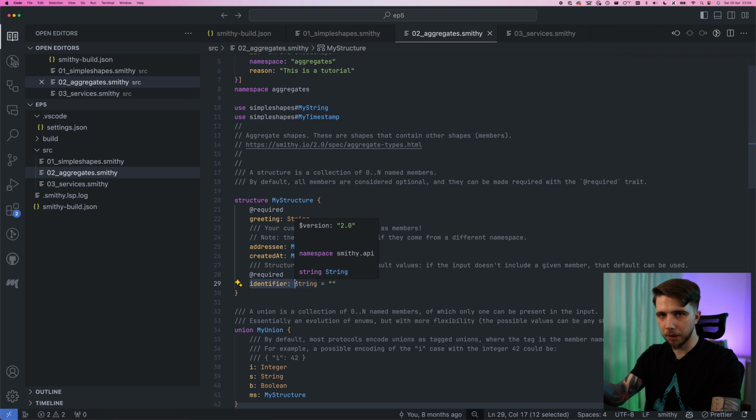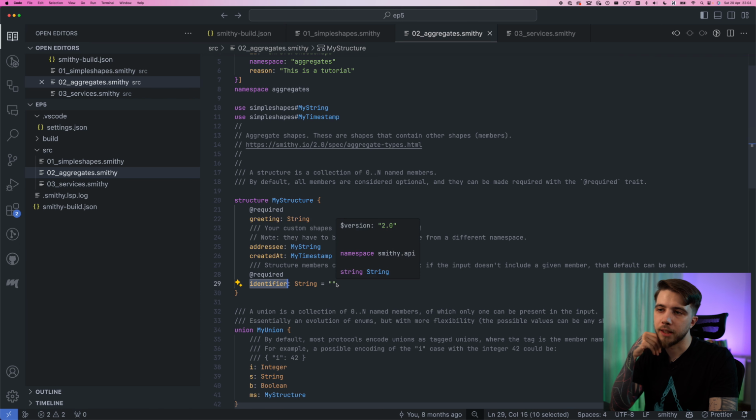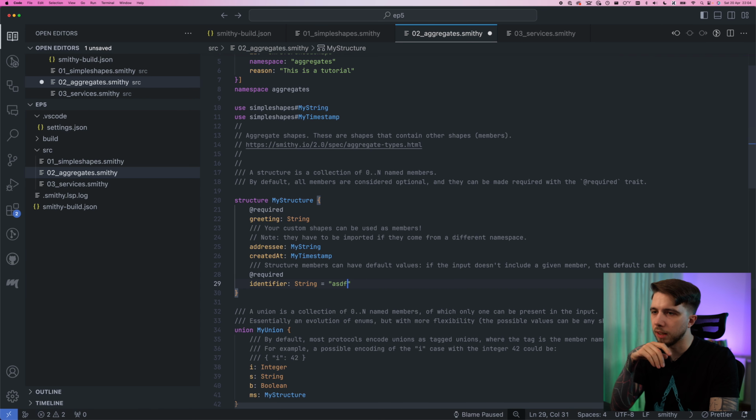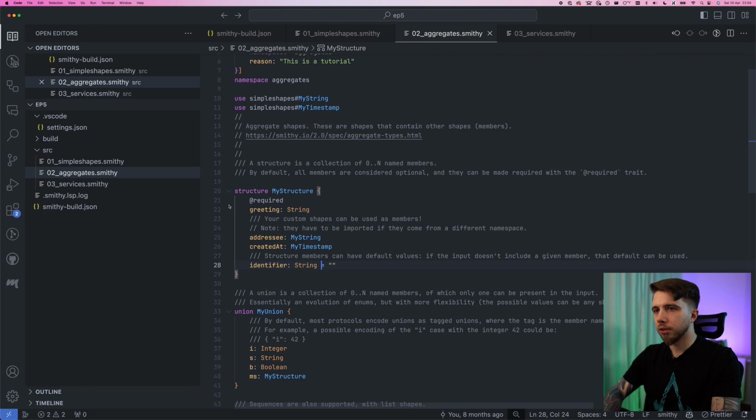So if you send a JSON payload that's missing the key identifier, then you're gonna get an empty string. I think you can use any other string, but there are some limitations on what the default values can be. For example, if the type was a struct, you cannot have a default value. So if you are missing the required field, most protocols will just reject the request and consider it a bad